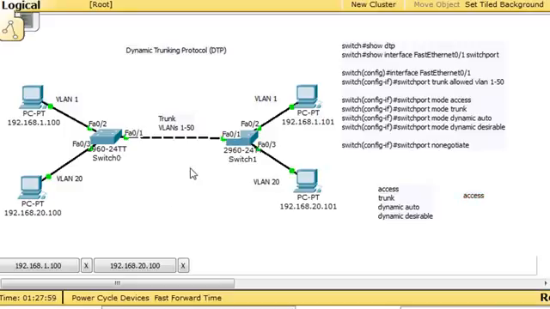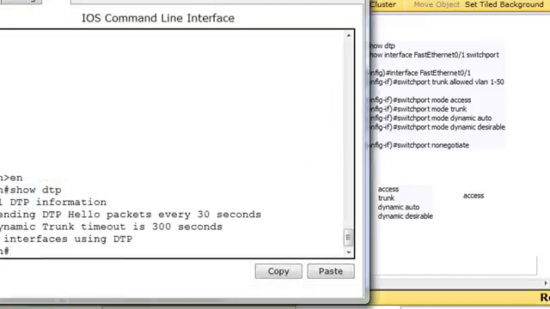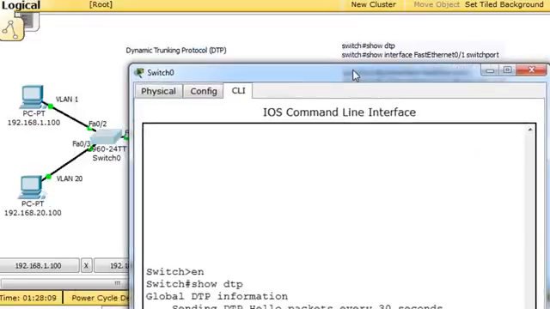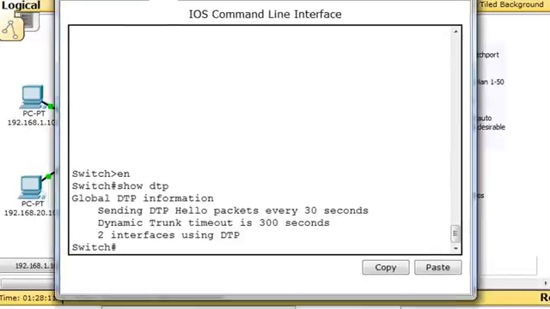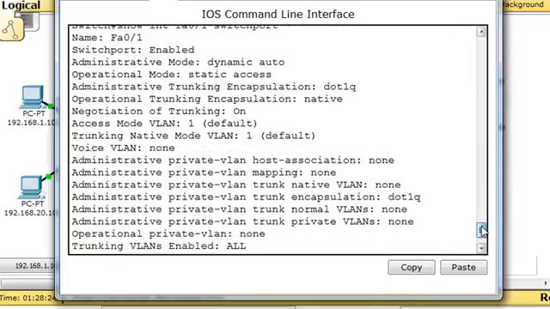So what we can do, though, is, so they're both in dynamic auto, right? Let's see here. We'll do one other show command. We'll say we're going to do show interface fast Ethernet 0/1 switchport. So we'll do show int for interface FA 0/1 switchport. Okay, and when we do that, you can see that